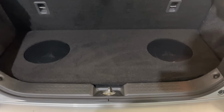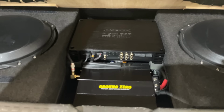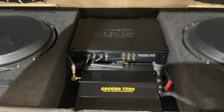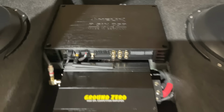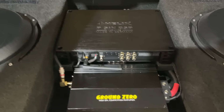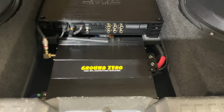So where are the amps? Okay, it's velcroed down, so I can just do this. And that's where we have a Helix P6 Mark II running. No, actually it's the Ultimate. Sorry guys, I was lying. It's the Ultimate. That's what runs the freeway front, and an RCA comes to this ground zero monoblock, which is